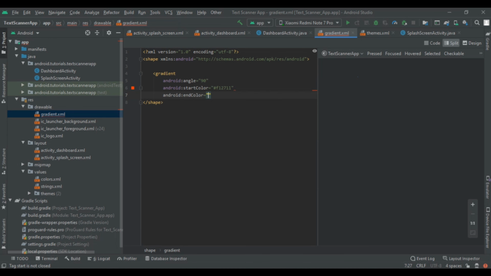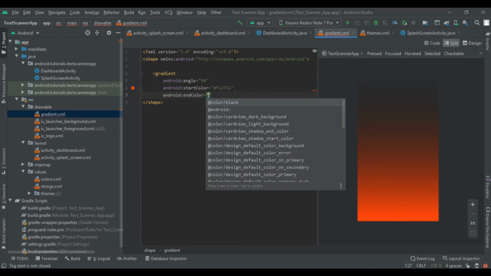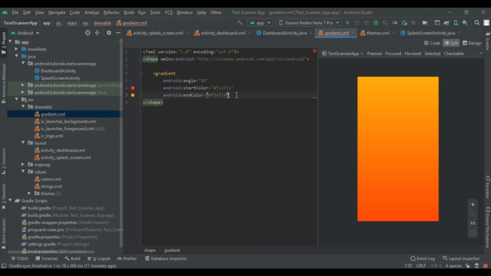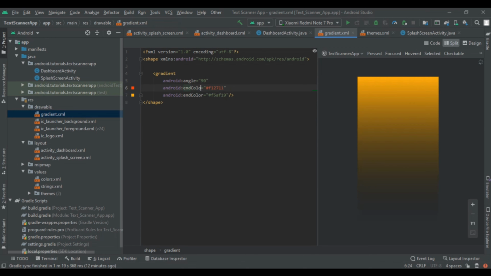The end color I had written as hashtag F5A and so on, a flare gradient. So this is our first gradient, or we can say background. Let me change the start color to end color and our end color will be the start color.